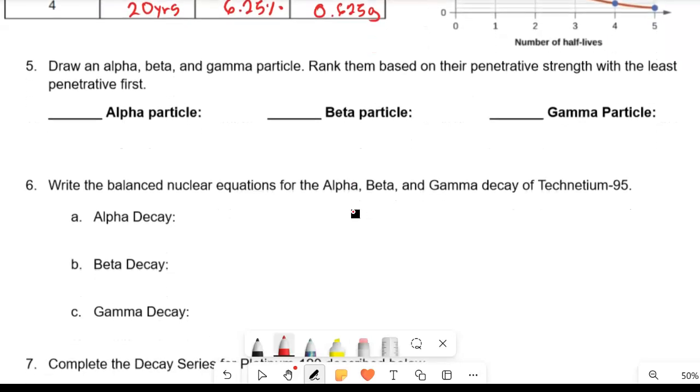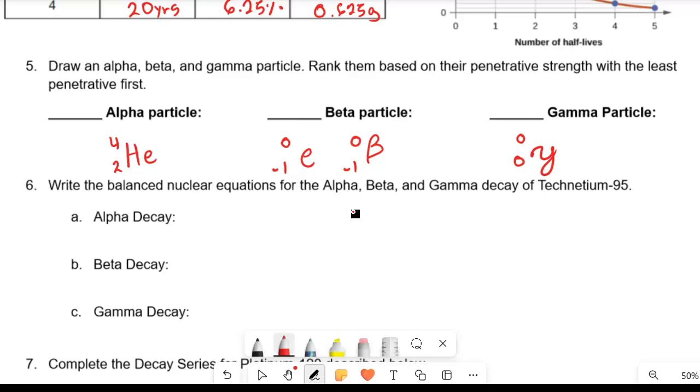All right, now let's go over alpha, beta, and gamma particles. So what do these even look like? An alpha particle is an He with a mass number of 4 and an atomic number of 2. A beta particle can either look like this or like this, but in both cases, it has a mass number of 0 and an atomic number of -1 because it's an electron. So it has 0 protons, but it contains 1 electron. And a gamma particle looks like this, and it has a mass number of 0 and an atomic number of